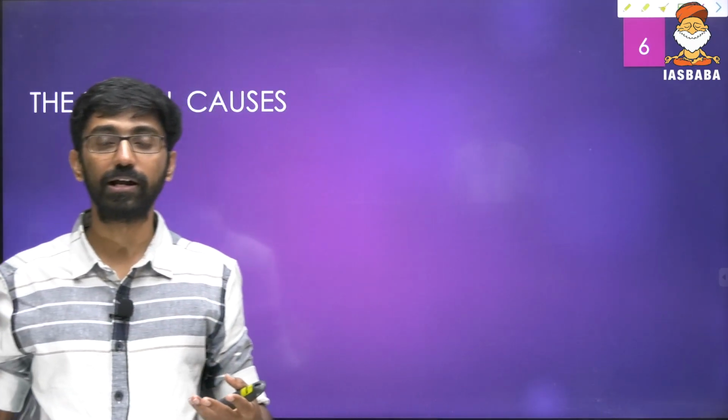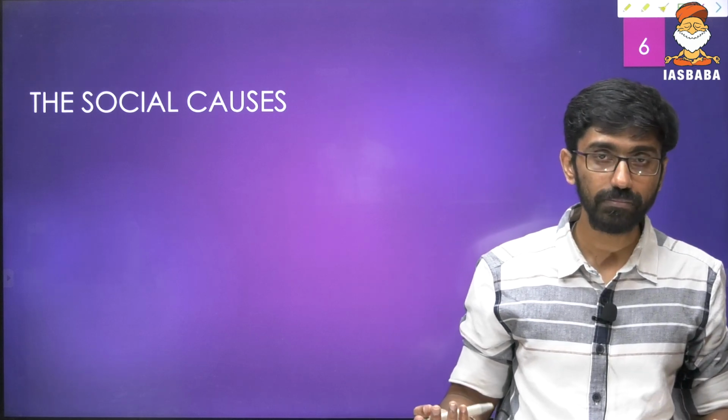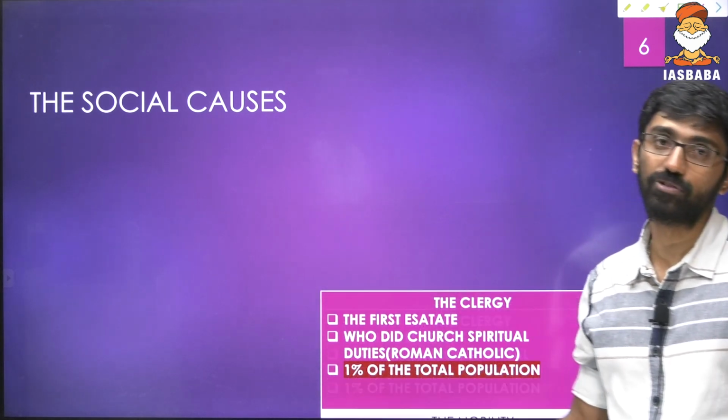It is dominated by few sections, like we talk about the Indian society itself, especially ancient and medieval times, dominated by the few upper sections. And lower sections challenge that authority. Like we can talk about Bhakti movement was a challenge to that particular authority. Like Shankaracharya, Ramanujacharya, Madhvacharya was a challenge to that upper domination. Okay. In the same way here also in French society, there were divisions in the society.